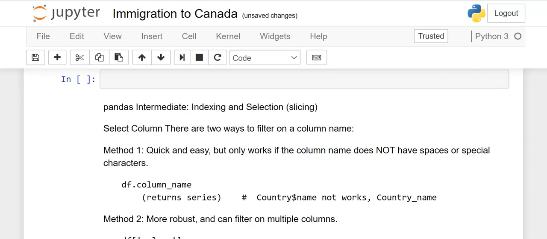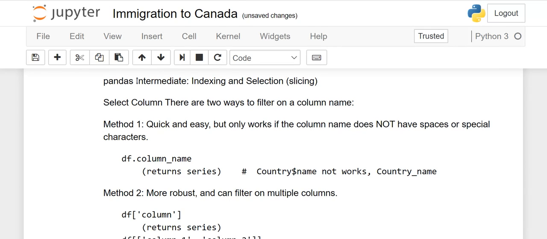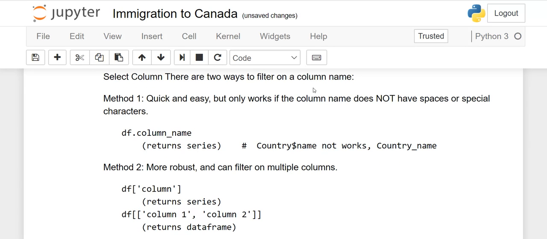As I have mentioned, whenever you have any data set, you have to apply some basic functions in order to understand what type of data you have and how we can proceed. And now is pandas intermediate level: indexing and selection. This is one of the most important features which we are going to discuss. From our data frame, if you want to retrieve a single column or multiple columns, if suppose we do not want each and every column, we want one column. So here I have written two methods.